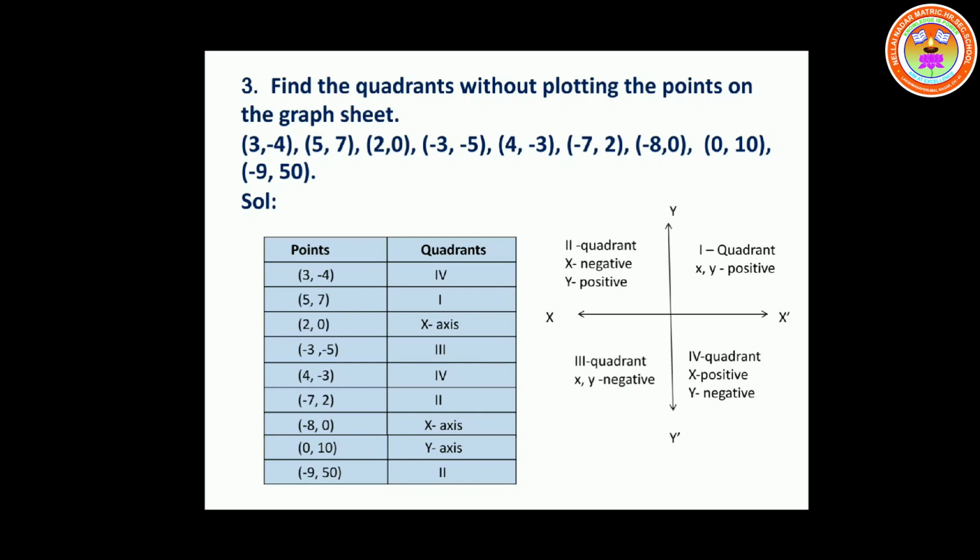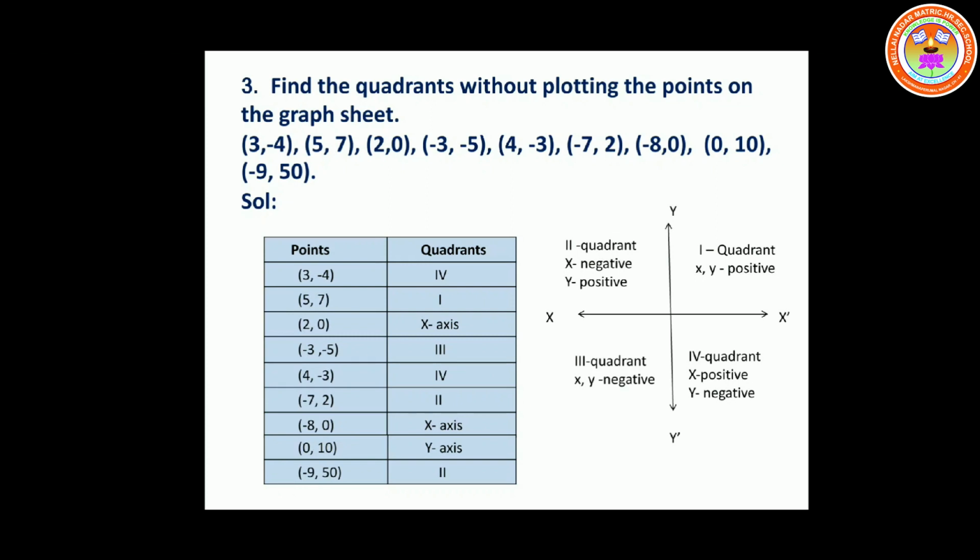Next one. Here 4 comma minus 3. 4 is positive and minus 3 is negative. So here what is the quadrant? The fourth quadrant, which consists of x is positive and y as negative value. Yes? Next. Minus 7 comma 2. So x is negative, 2 is positive. So what is the quadrant that will be having x as negative and y as positive? The second quadrant. Yes. So side by side, just look at the approximately drawn graph.